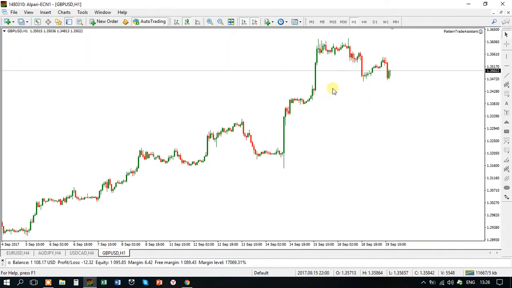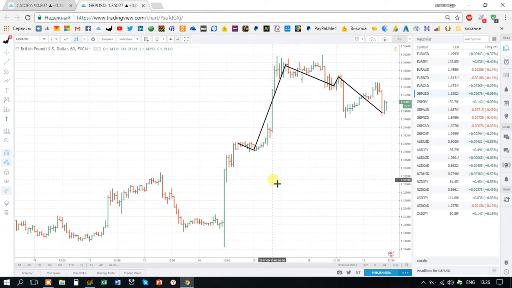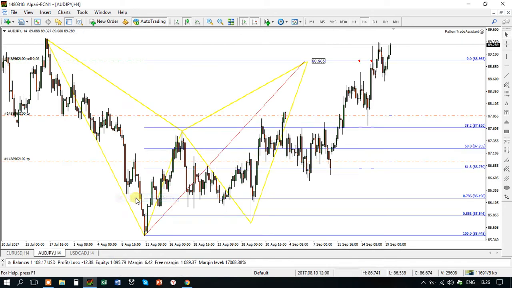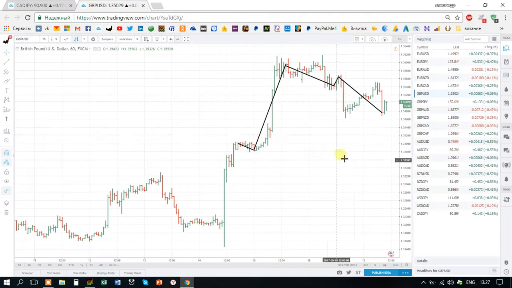Pound dollar opportunity, the starting point should go with this candle. I click this point and this, and if the pattern is valid, it is drawn. If not, nothing happens. In this case, we didn't have anything,